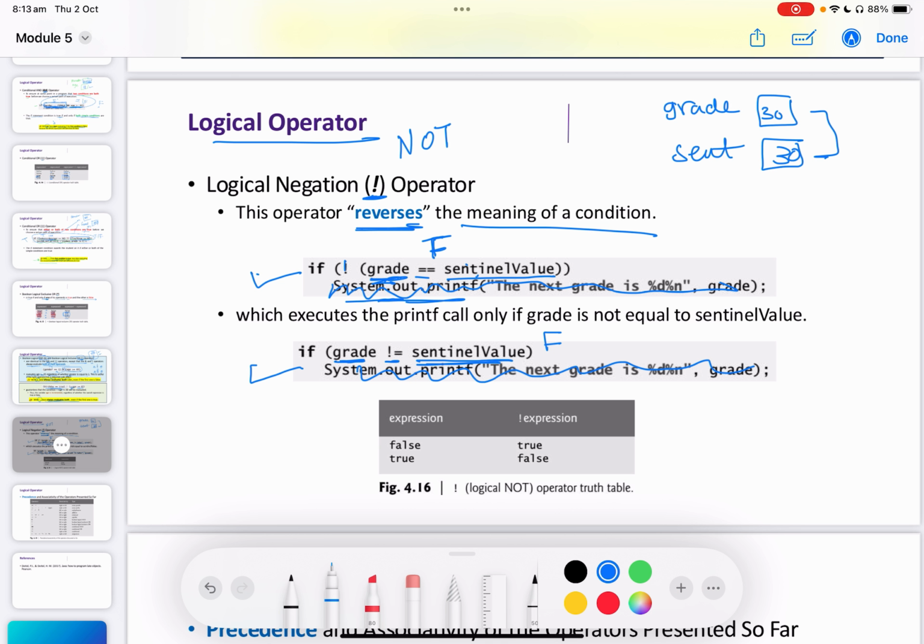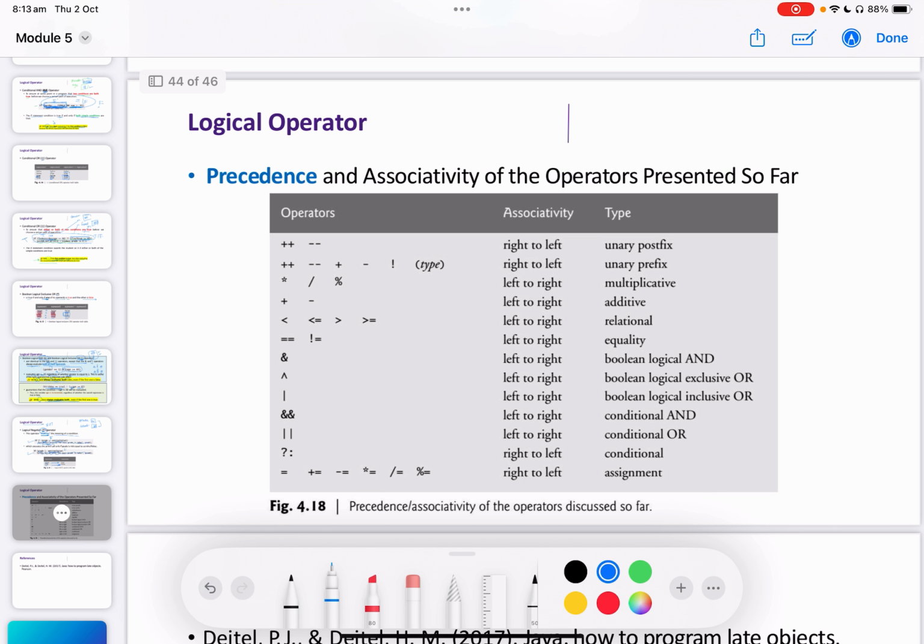The not operator, or the exclamation mark, just gives you the reverse. If it's false, it is going to be true. If it's true, it is going to be false. That's it, easy peasy. Here are the precedence and the associativity of all the operations we've taken so far,